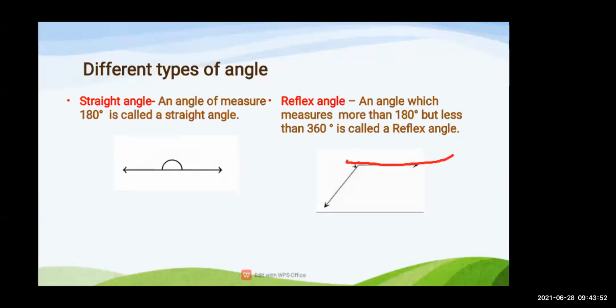See, this is एक straight नहीं है, उसको cross कर रहा है. That means it is more than 180 degree. 180 से ज़्यादा है. So it is going to show you the reflex. Reflex दिखा रहा है आपको. Reflecting हो रहा है. So this is our reflex angle. But it is not exactly completing. Complete नहीं होता है. It is less than 360 degree. 360 से कम होता है. But it is more than 180 degree.